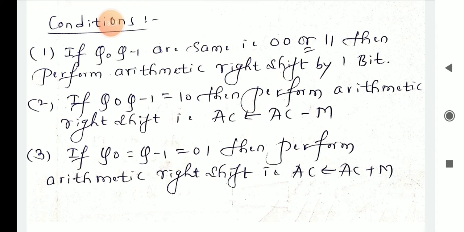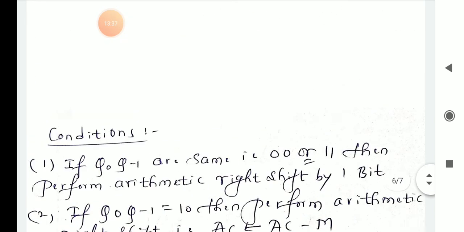If q0 and q minus 1 are equal to 1 0, then perform arithmetic right shift, that is AC is equal to AC minus m. If q0, q minus 1 is equal to 0 1, then perform arithmetic right shift, that is AC is equal to AC plus m. So, one more